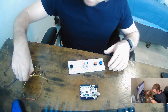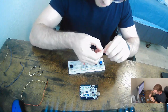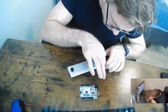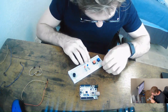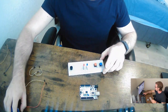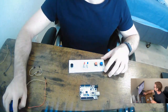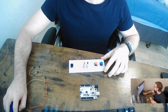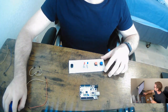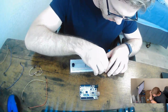Okay, and so we're going to do the same thing for the blue side. We're going to put some resistors in. So same thing, this is going to column 5. So we're going to drop that to the negative rail. Okay, amazing. Okay, so now that these are in,